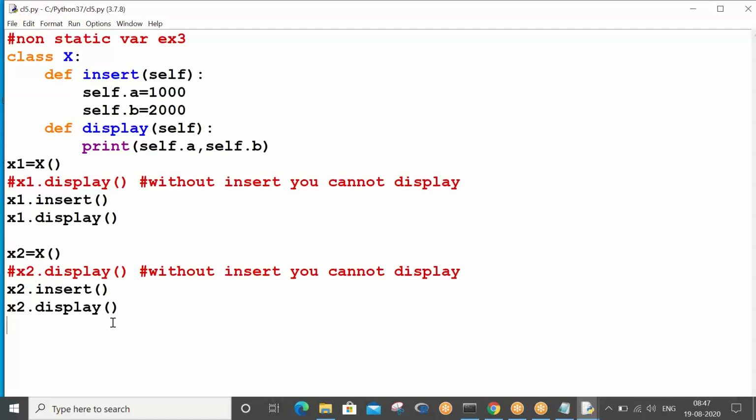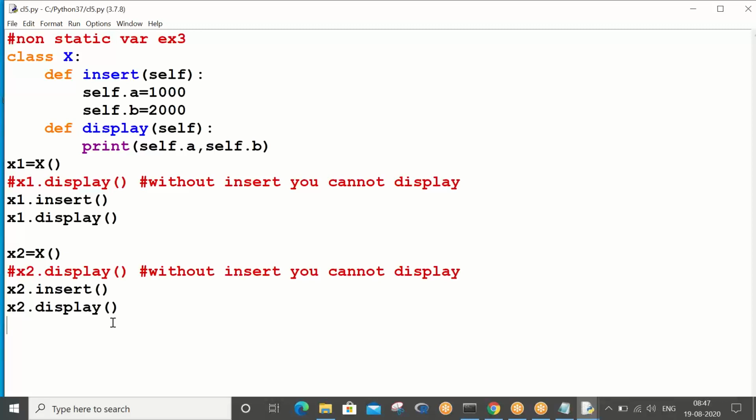Can't we automate this? Likewise, giving a receipt to every person means giving values to every object. Every object should execute the insert method, then only 1000 and 2000 will go and sit in the object. The real-time example is that every vehicle should be stopped by somebody and given a receipt so that they get the ticket.